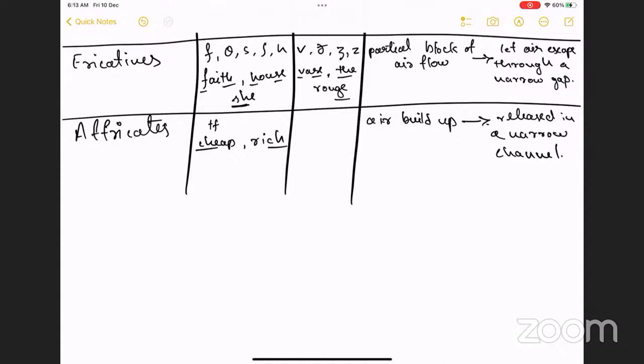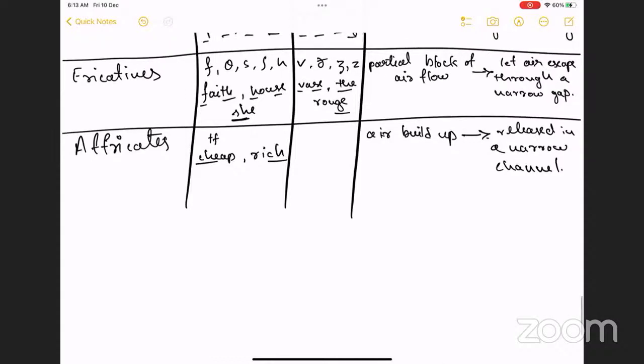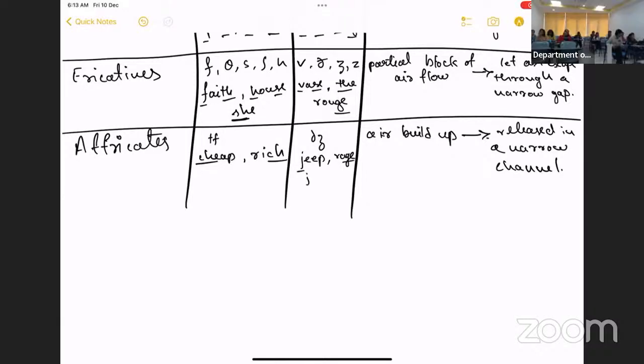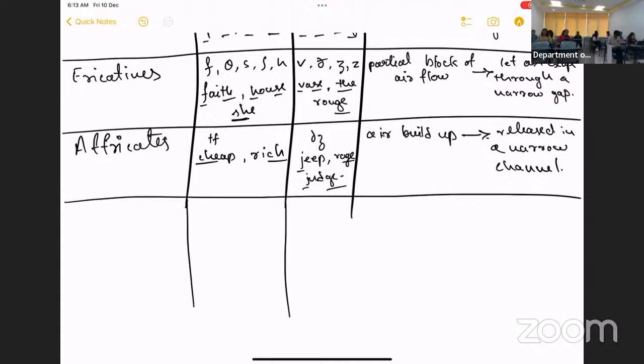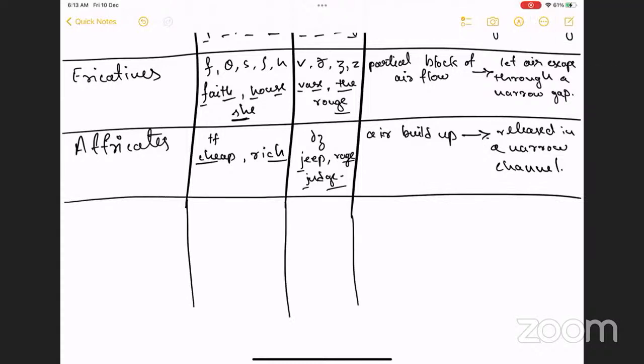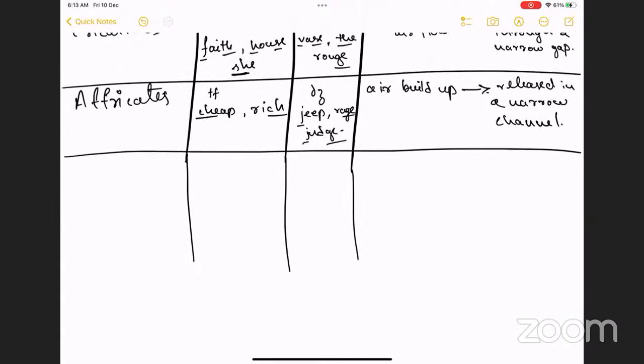Now, what are the voiced ones? You have, let's say, j, that is jeep. Any other examples of this? You have judge, you have rage, j, and judge. So that will be the affricates. Any doubts still here? Anyone? No? Okay. The next few are quite easy and you're all familiar with them already, and none of them have